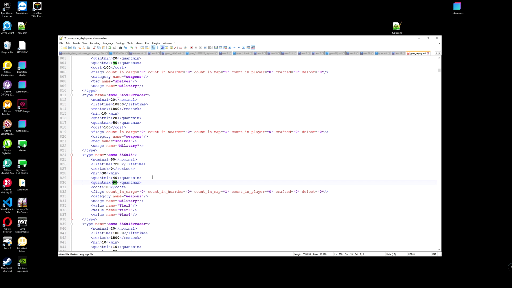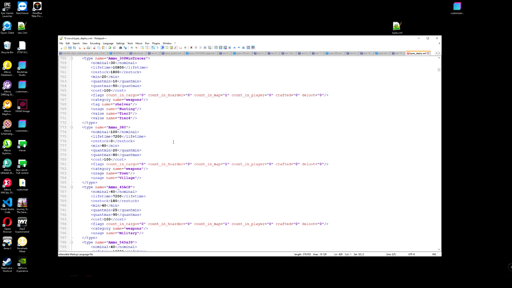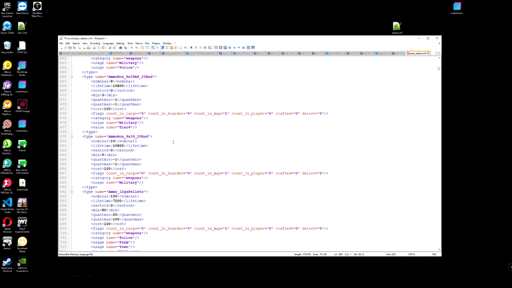Sometimes you may think that it would also work for other item types, like for example for an ammo box. Where do we have this? So take any ammo box like this one here. No, the percentage here will not work. Any value which you place here, for example 10 to 100, it will still spawn a full ammo box, but it could be bugged. So please keep this in mind.